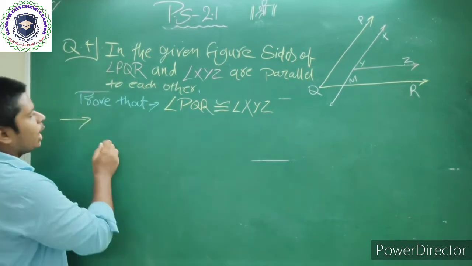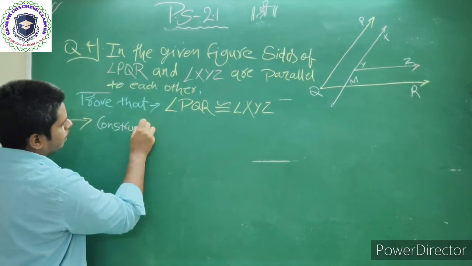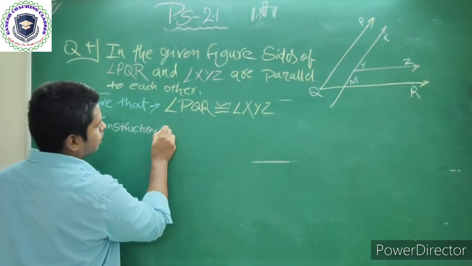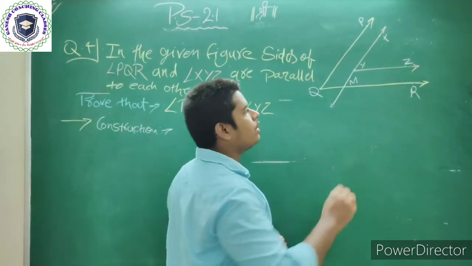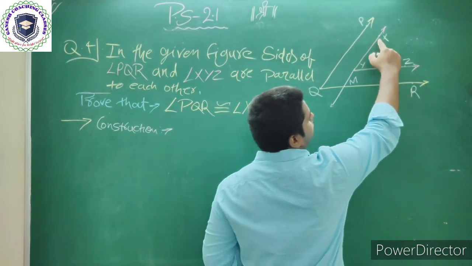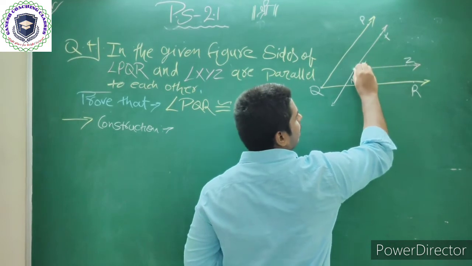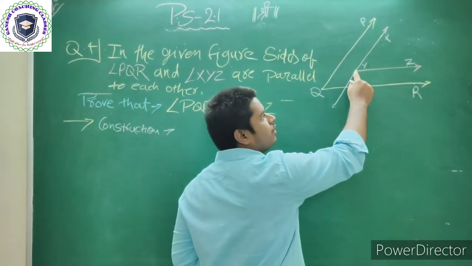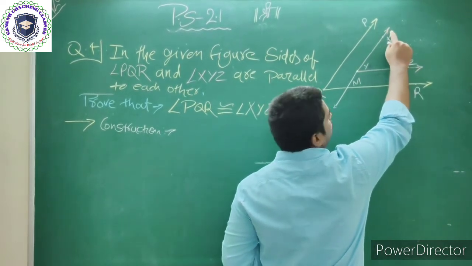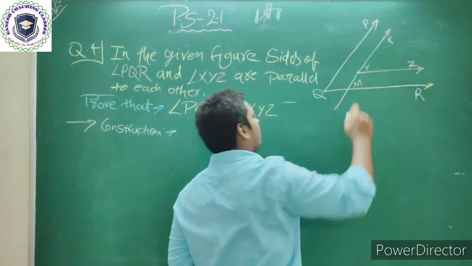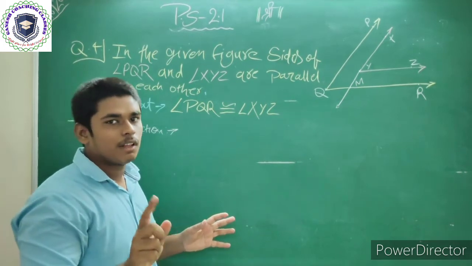So here we have to write what we did in the figure, that construction. What did we do in construction? Firstly, tell me what is this, XY or YX? Line, segment or ray? When we look, here one end is closed and another end is open. When one end is closed and another end is open, we say that this is a ray. When both the ends are closed, we can say that this is a line segment.